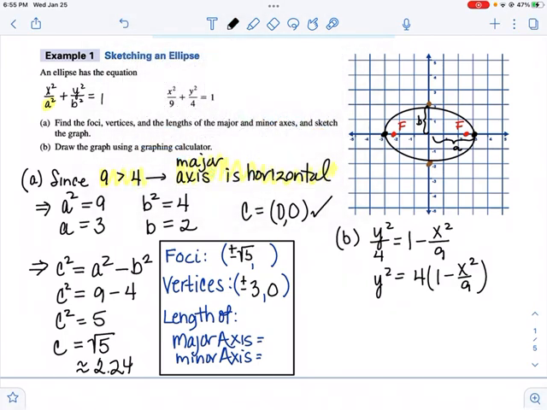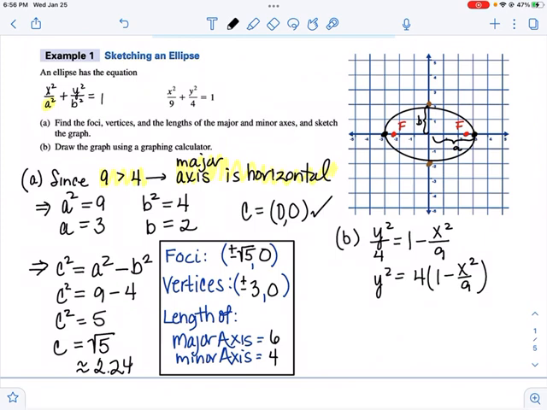Okay, so those are going to be plus or minus root 5, 0. Now the length of the major axis is going to be 3 plus 3, or 6. Hope you can see that. From vertex to vertex. The length of the minor axis from -2 to 2 is then going to be 4 along the y-axis. So now we have all of our information. We have the foci, the vertices, and the lengths of the major and minor axis, and then we sketch the